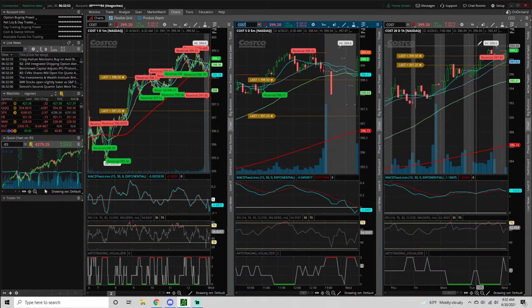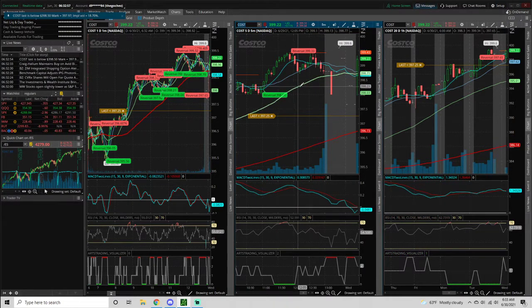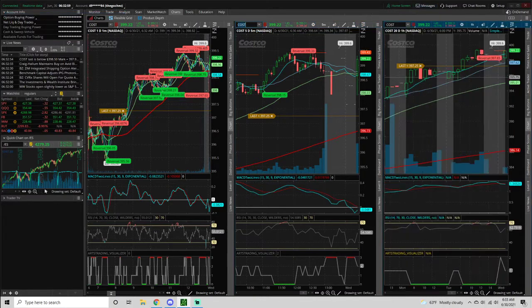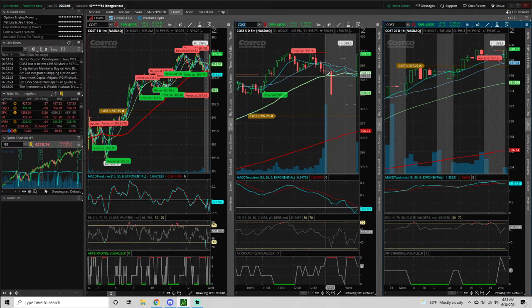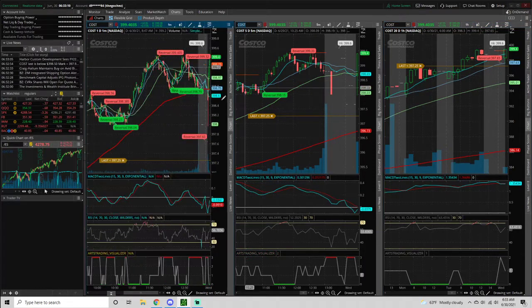So I like to play on convergence, so I use MACD. I think that with MACD, you can get a pretty solid idea of what the trend is in a stock. And since I have Costco as the stock here, I'll just kind of go over what I mean by that. So basically,